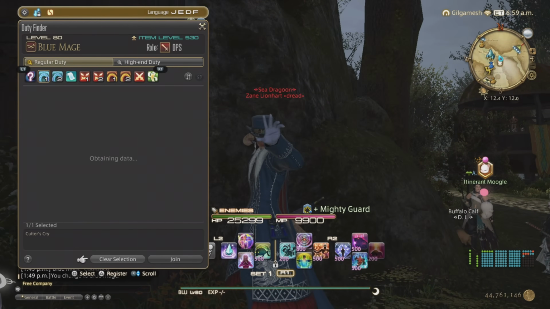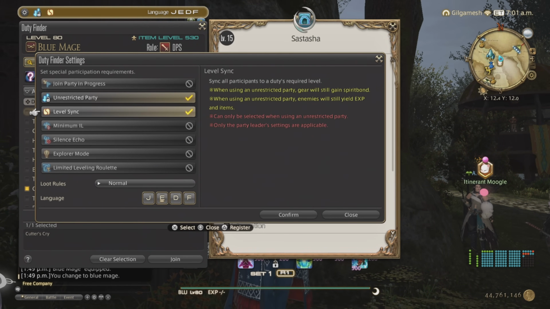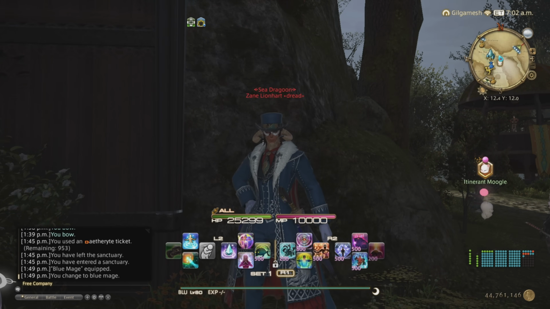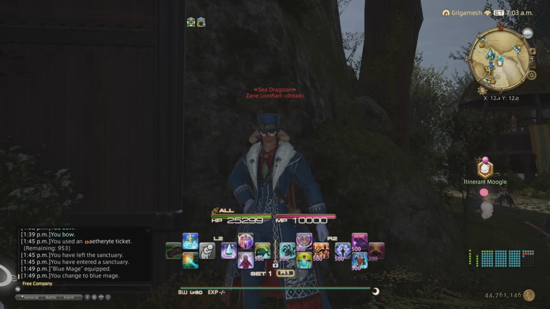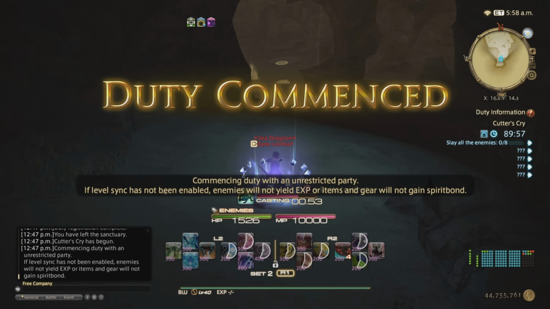And then what you're going to do is go up top here, Unrestricted Party, Level Sync, and then you're going to end up queuing in. So I've already recorded myself doing this, so I'm going to do a voiceover of how to do the Cutter's Cry solo. So the first thing you do when you enter is to use Mighty Guard, Basic Instinct, Toad Oil,